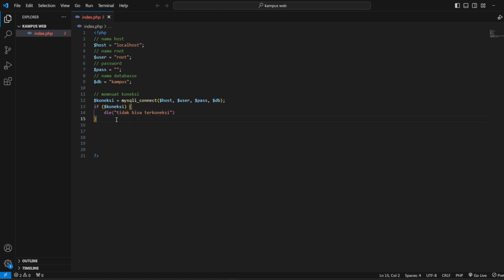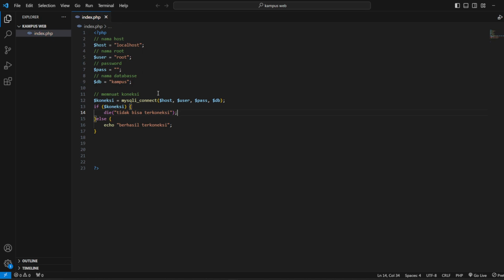And else, you can write echo, like this, echo "berhasil terkoneksi", or our database is connected, like that.